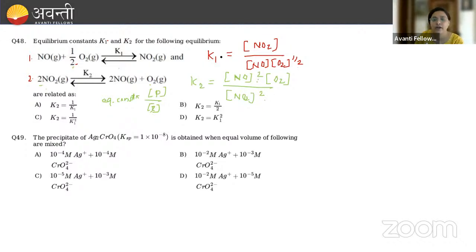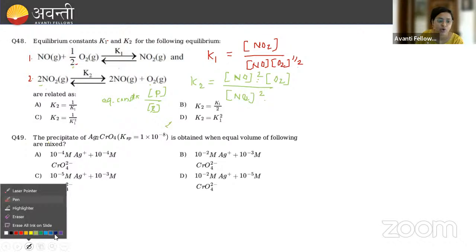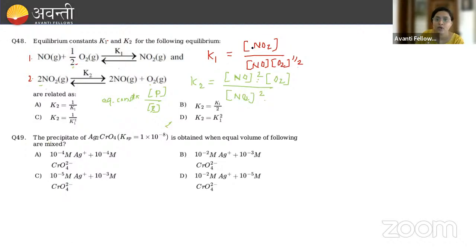Now we need to find out the relationship between K1 and K2. So what you will do, see here, NO2, NO, O2. This is K1 and this is K2. K2 is given in our problem, so what I will do is, therefore, K2 is equal to. So for K2, what I will do is